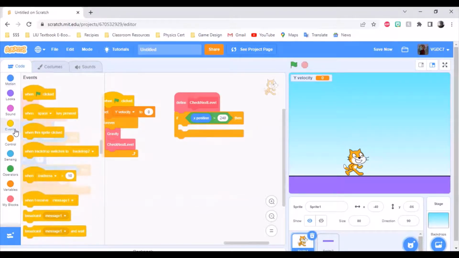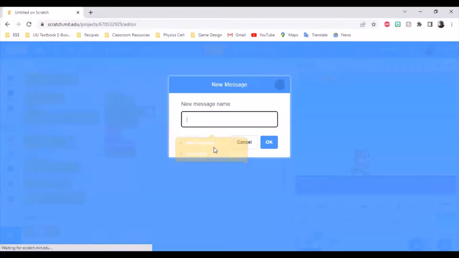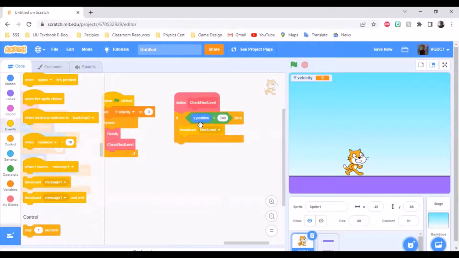We can do that under events. So we need to go over here, broadcast message 1. And we need to actually make our message. So we go under here, click new message, and we can hit next level. So we're broadcasting a message named next level to every other sprite that we have, which we really only have one of them because that's all we need so